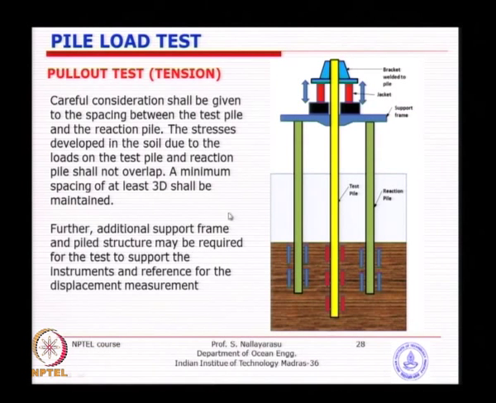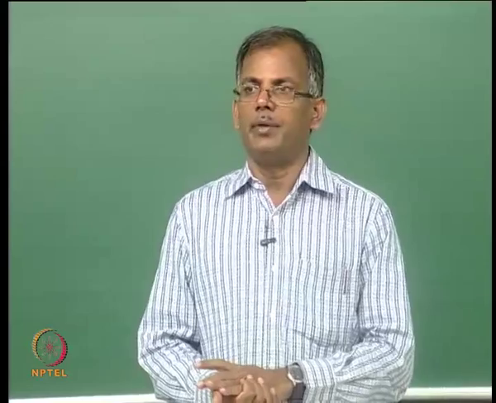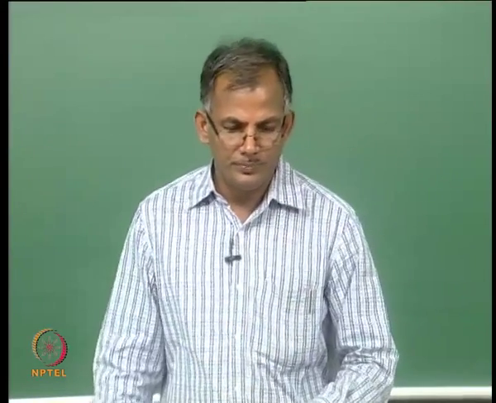So basically the Kentledge arrangement is attached to the reaction pile, and there will be stress blocks and you have the hydraulic jacks, and then you attach your brackets welded to the test pile itself. So what you are trying to do is compress the reaction pile and pull up the test pile. So basically you are just reversing the reaction to get what tension capacity is available. Many times you will require this for coastal structures, but the magnitude will not be very big, a few hundred tons.